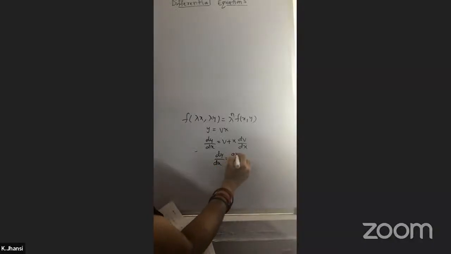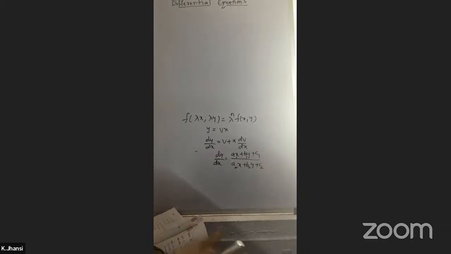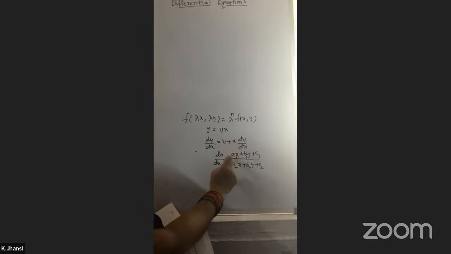dx equals a1x plus b1y plus c1 over a2x plus b2y plus c2. If the equation is like this in fraction form, then we can easily identify that it is a non-homogeneous differential equation. For finding the solution, you have to convert this non-homogeneous differential equation into a homogeneous differential equation. For that, you have to find the values a1, b1, c1 and a2,